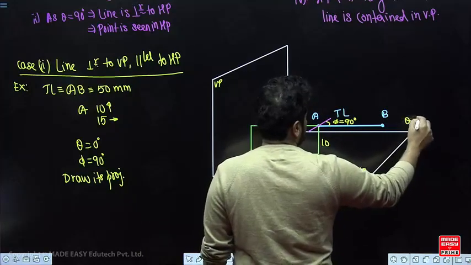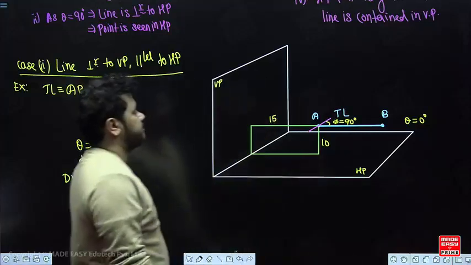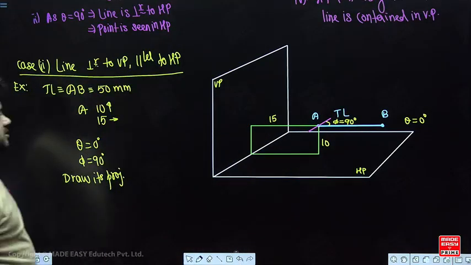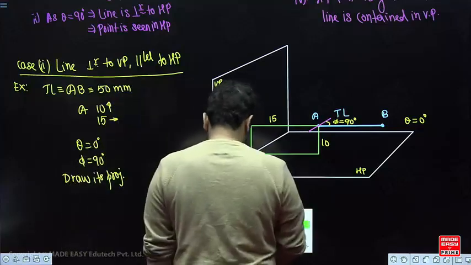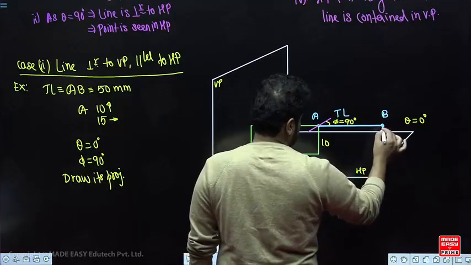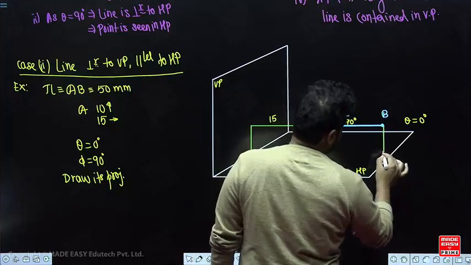Theta is equal to 0 degree. Line is parallel to HP but perpendicular to VP, correct? So its projection,